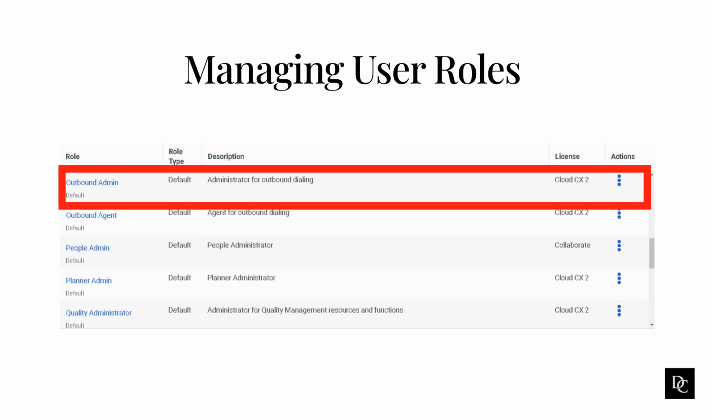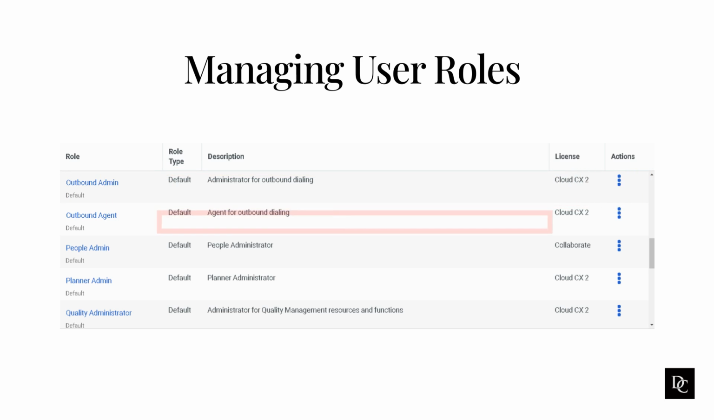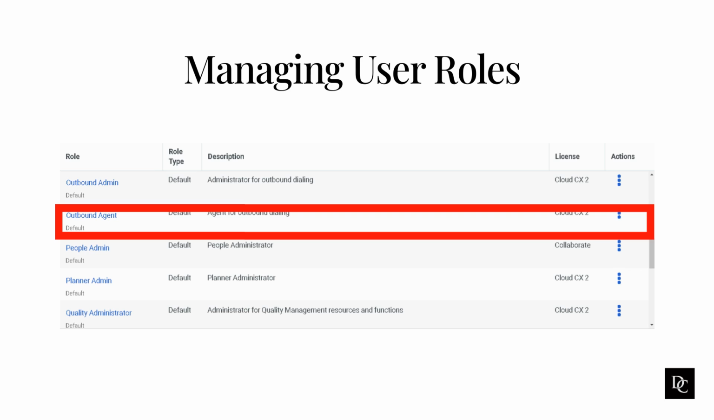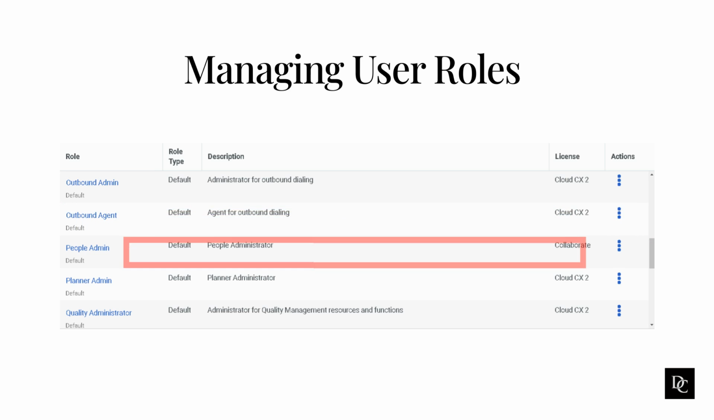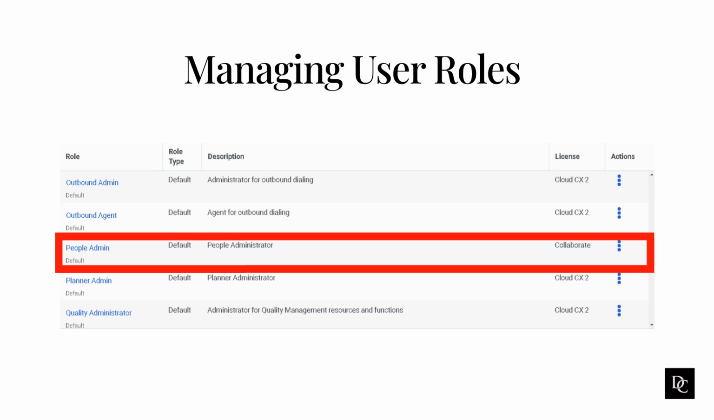The outbound admin role defines and manages contact lists, contactable times, do not call lists, campaigns, campaign sequences, wrap-up code mappings, call analysis response, rule sets, and organization-wide campaign settings. The outbound agent role gives the user the ability to perform outbound dialing for campaigns. The people admin role gives a user the ability to create, manage, and delete users, as well as grant those